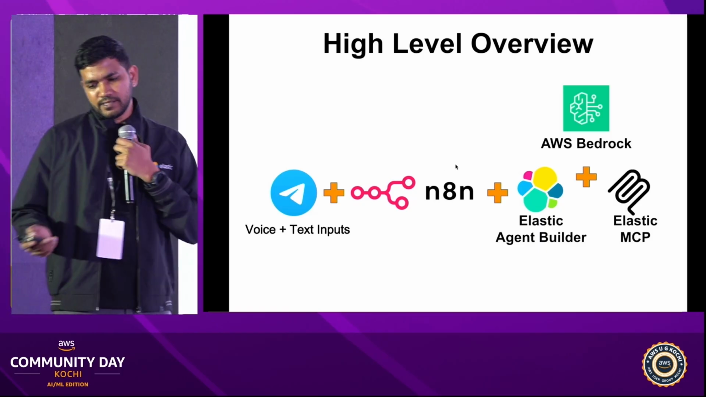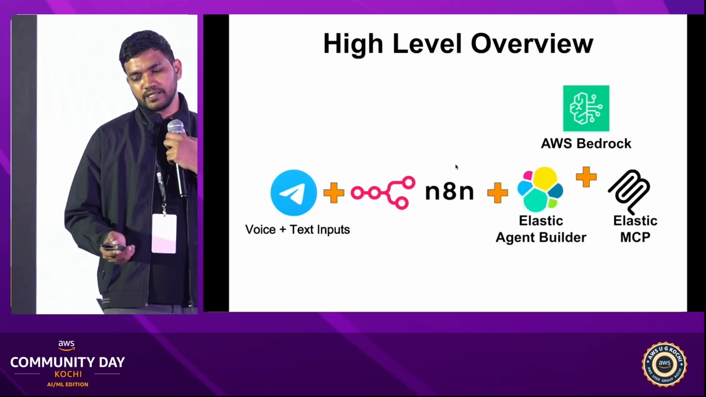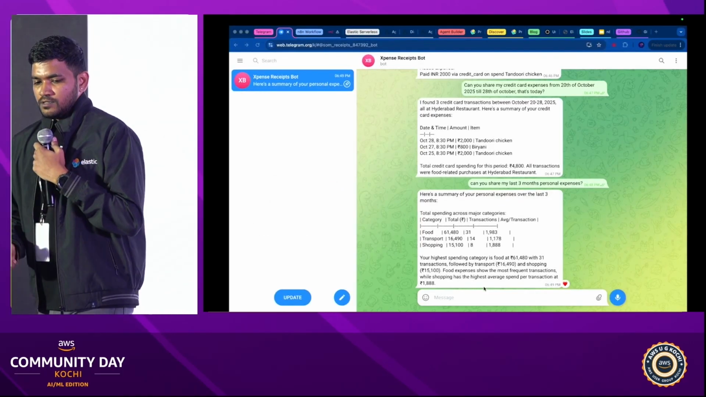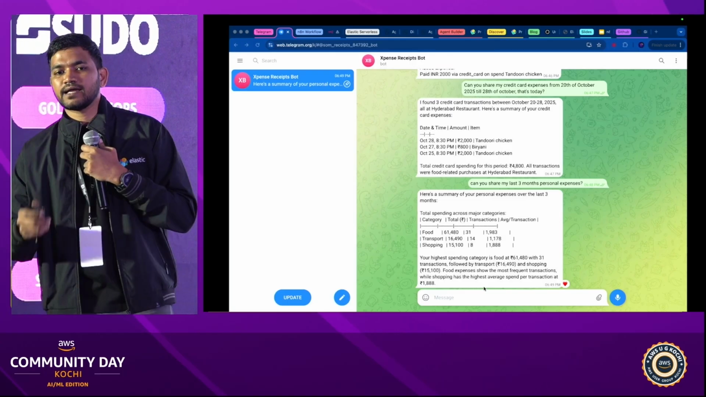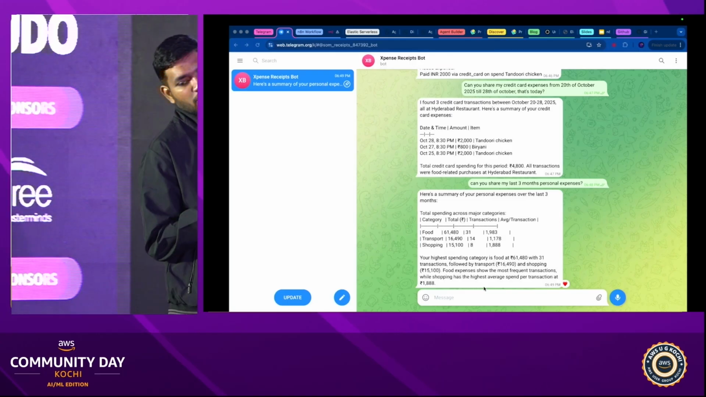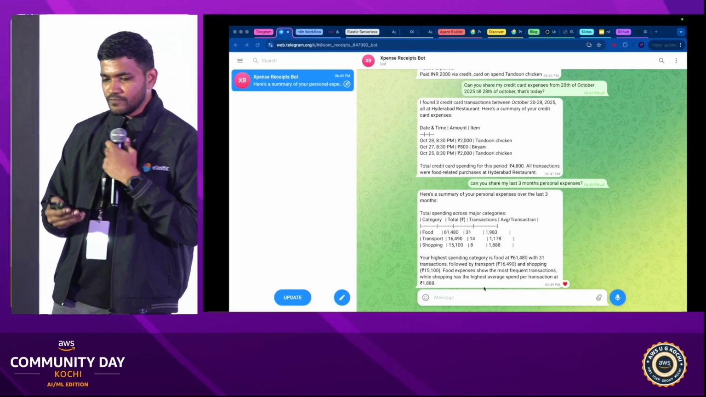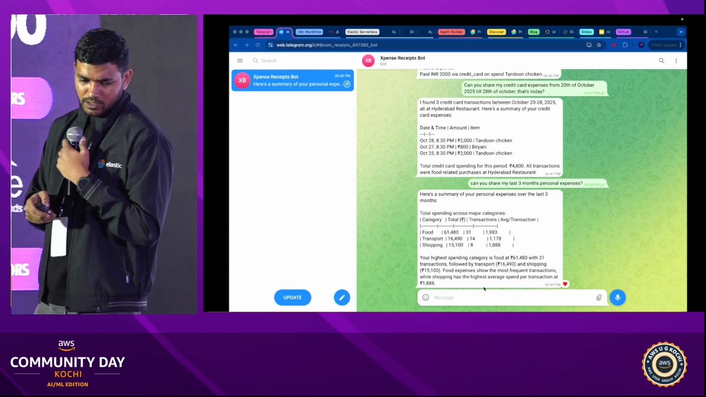Now, let me go to the Telegram. So in Telegram, I'm just going to ask, this is a bot, okay? It collects all my expense receipts. I'm going to talk about much more expenses. Now, if I ask a question,